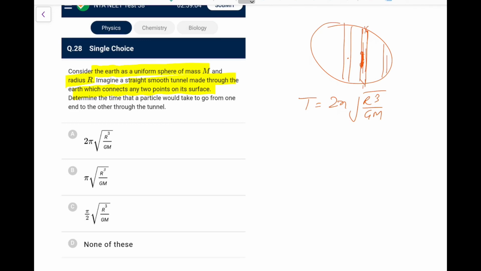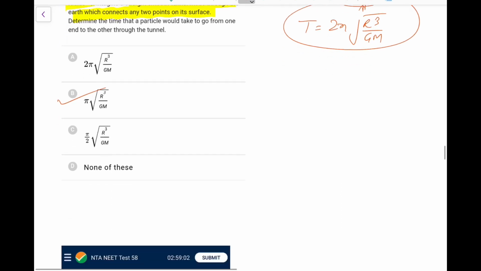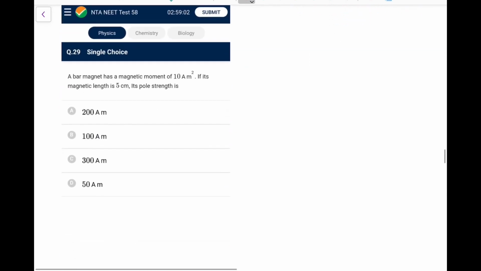Now the time taken to go from here to here would not be a full oscillation, but half of it, so that time is going to be half of that, equal to pi under root r cube by GM. You can see that derivation anywhere, and it is generally remembered by students, so I'm doing it on that basis only. Next,